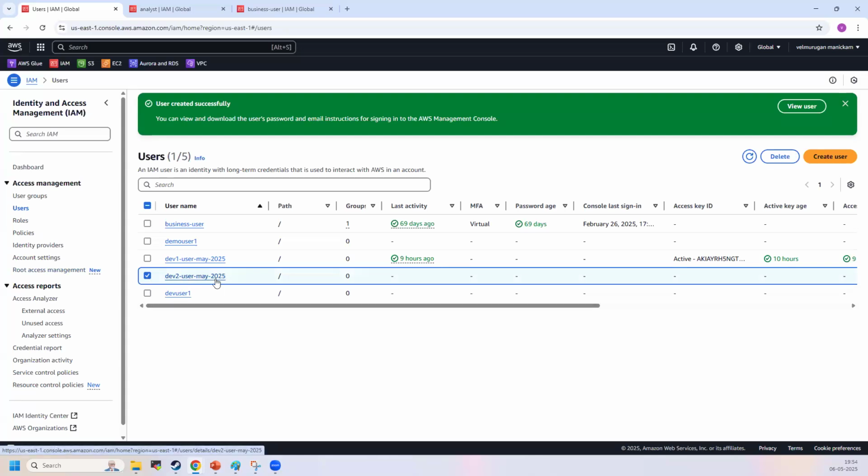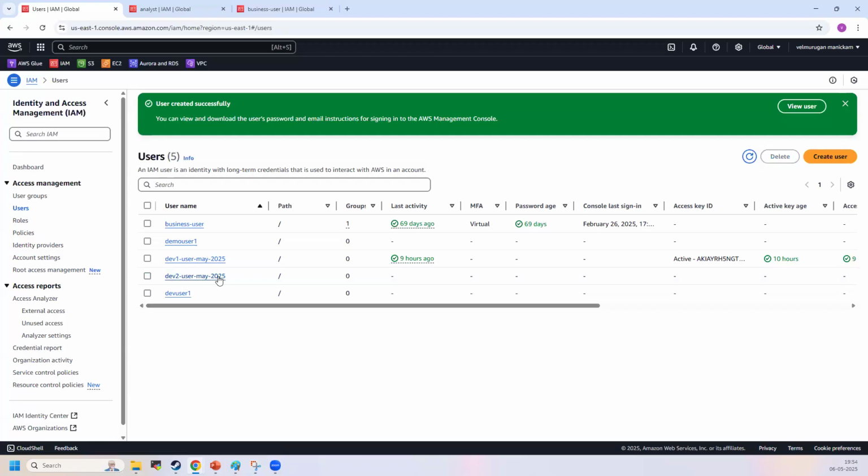Using this user, I can access the application outside of AWS. That means using this user account, I can access AWS services outside of AWS, from my Windows machine or Linux machine or any environment, where you can install AWS CLI. AWS CLI is a client tool, a command line utility tool, so you can install that on your local machine. In the previous session,